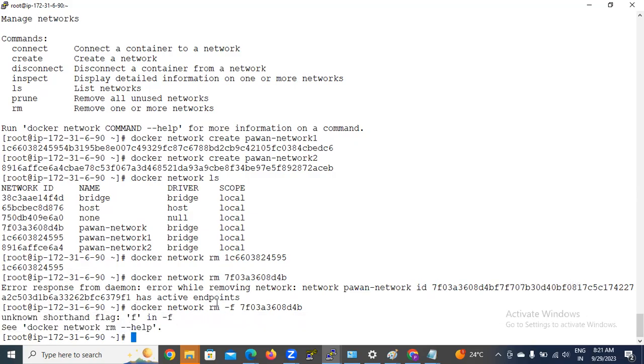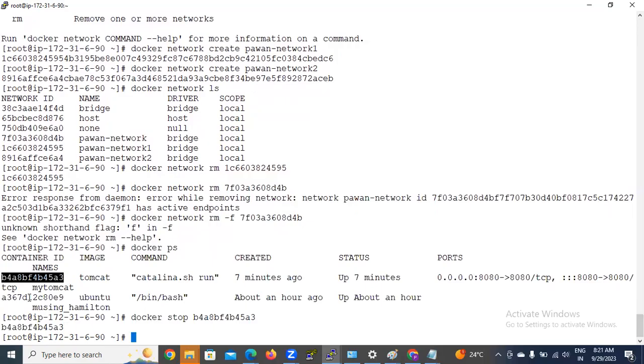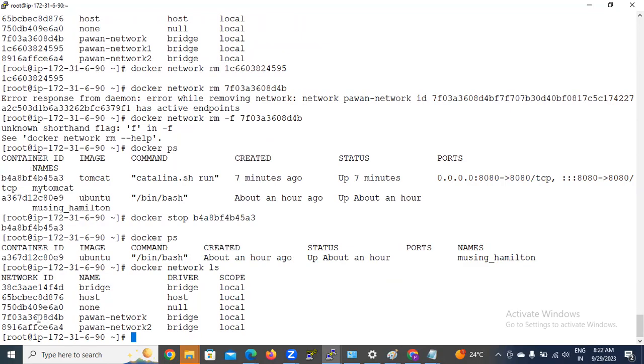First of all, we have to stop that container. So docker ps, which containers are there, this one. Then docker stop and this command. Now docker ps, nothing is there, right? So now this one, it is the Pawan network, right? So docker network